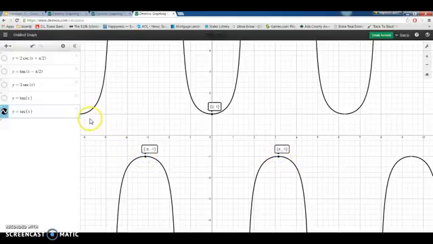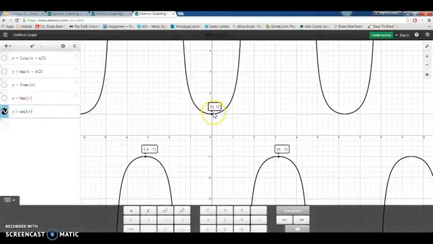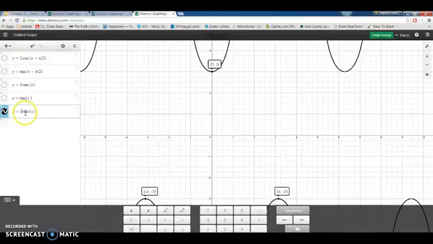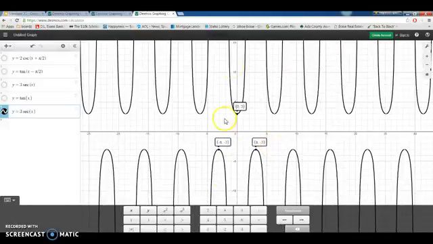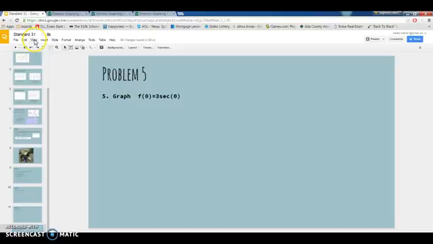And the only thing we have to do is plug in the amplitude for this. And so we know that the amplitude changes the minimum and the maximum of these numbers. So once we plug in 3, these points, which are 0, 1, pi -1, and negative pi -1, now become 0, 3, pi -3, negative pi -3. So it should look something like this. Yep. And so that's our final graph. As you can see, this graph is just stretched along the y-axis. So it's now 3, -3, -3. So that's our final